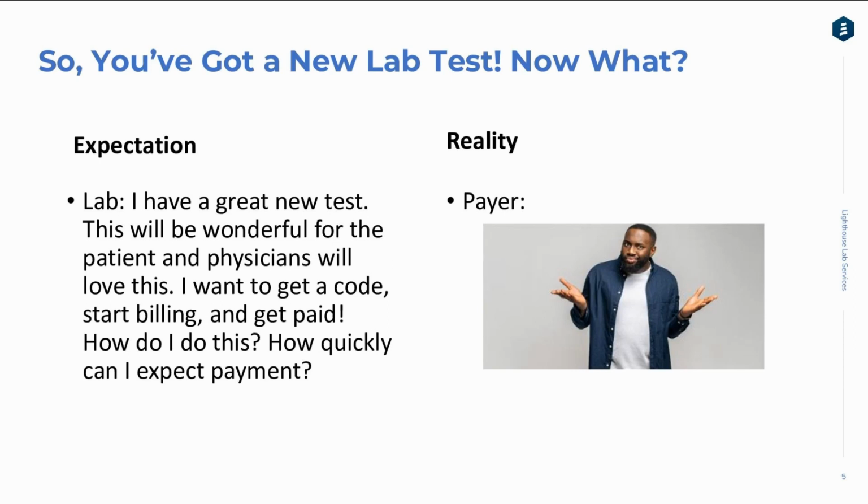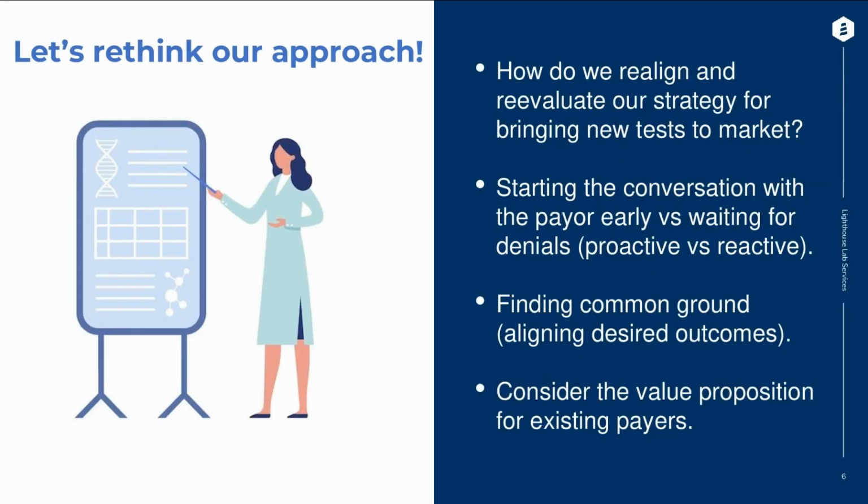And we look at the reality of the payer, they throw up their hands and there's some question. Okay, so you have this great test, now what? We're going to talk about that a little bit today. So we really need to rethink our approach, and make sure that we're aligning and evaluating our strategy,